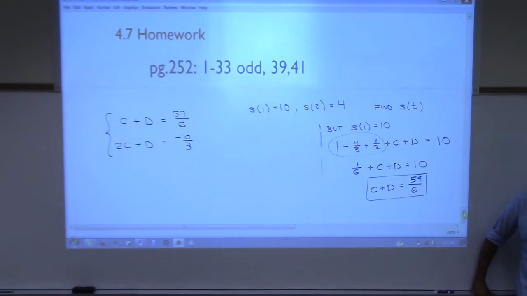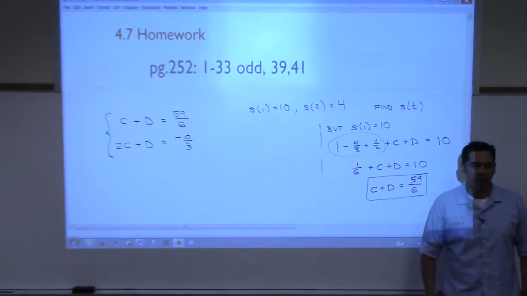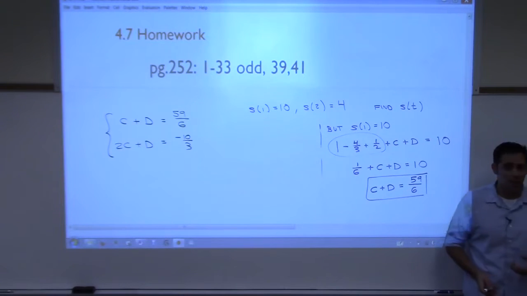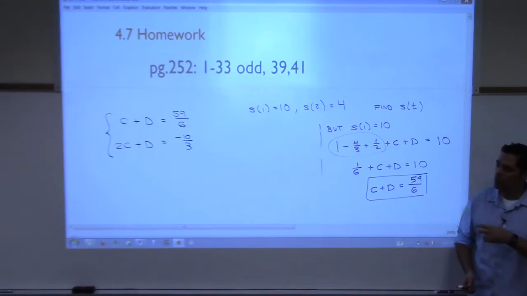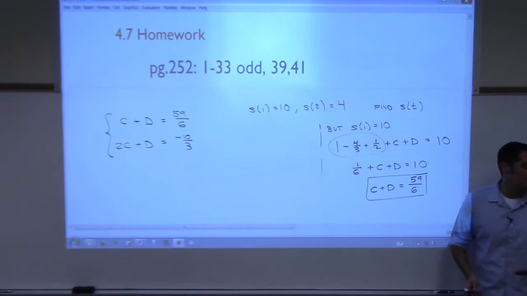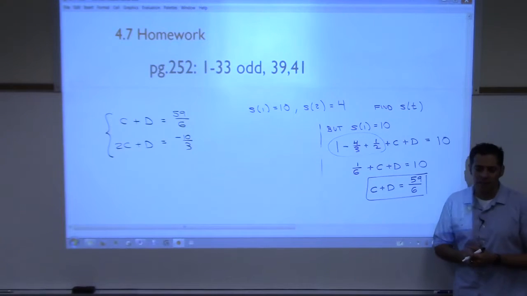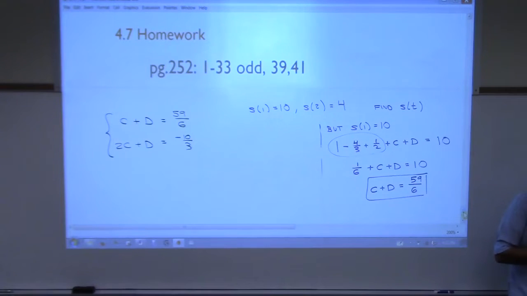How do y'all feel about systems of equations? Has it been a while? Okay, we're going to get to a section in this class coming up here in the next month or so where we're going to need to be able to solve systems of equations. Some of them will be 2 equations, 2 unknowns, might be 3 unknowns, might be 4 unknowns, might be 5 unknowns. So what I'm going to recommend is that if you have a graphing calculator, how many of you have